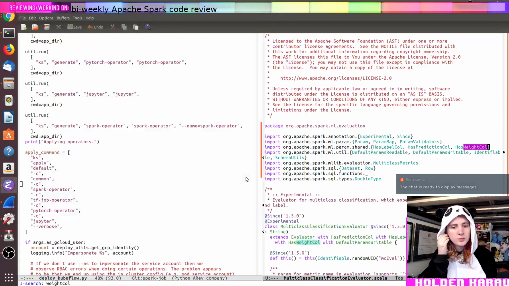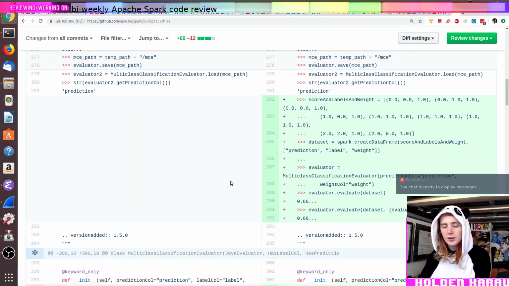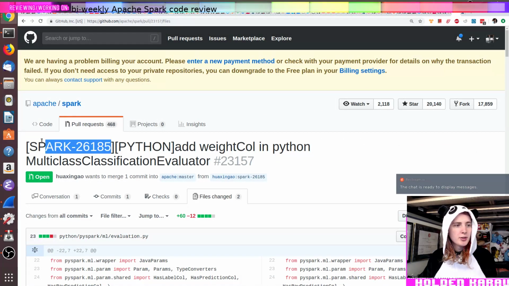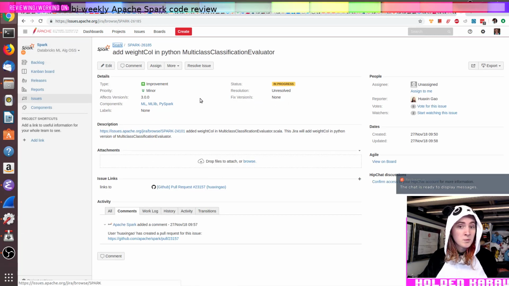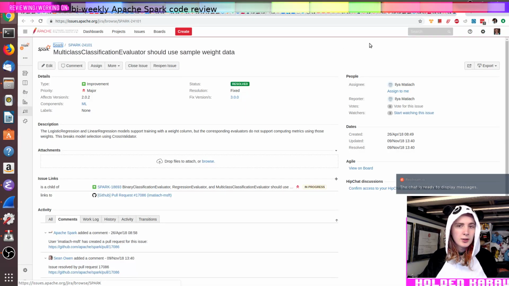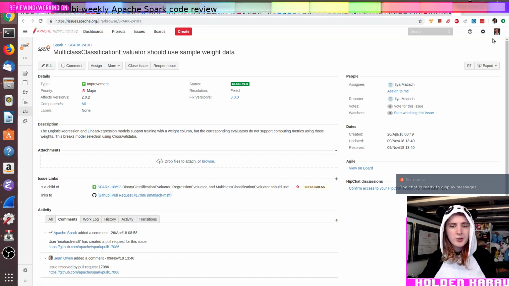Huh. Okay. So let's go look up the Jira that this is associated with. Once again. Okay. Let's take a look at the underlying, the original one. The evaluator should support weight columns.